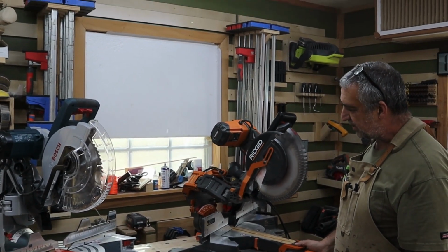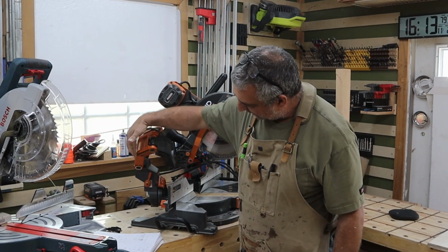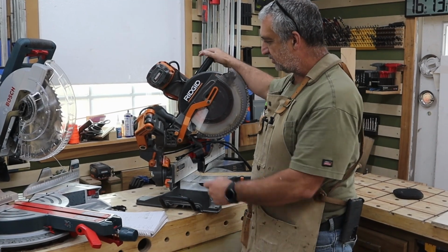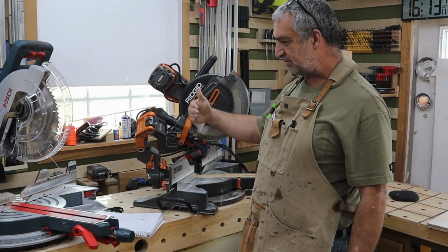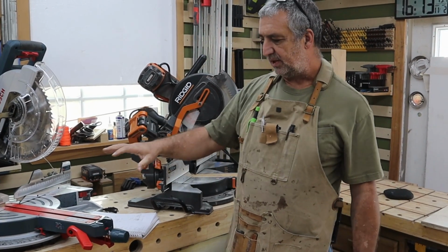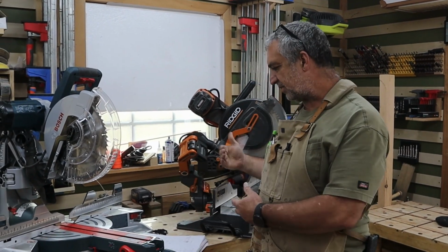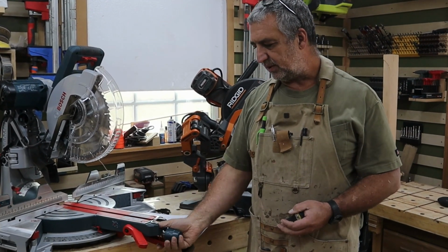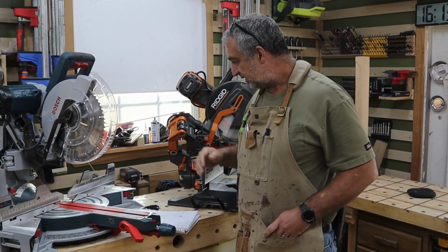However, when you go to rotate, the way this one is set up, and whenever you're articulating the arms, these arms actually go back past. So if you push this up against the wall and rotate it, it's about a 30-degree angle, and then push it back, the amount of space that you have to have away from the wall on this one was 32 inches, and on this one was 33 inches. So this one only sticks out 1 inch farther than the Ridgid whenever you place it as you would to use it, because when this one rotates out, it doesn't stick back past the saw like the